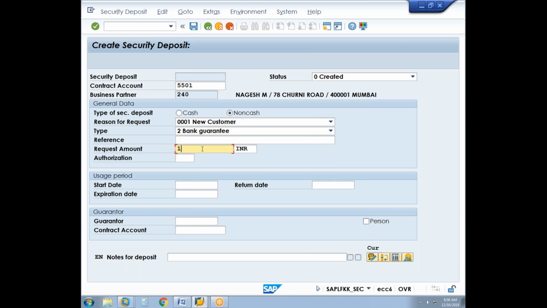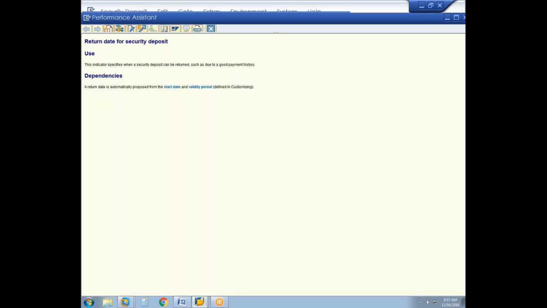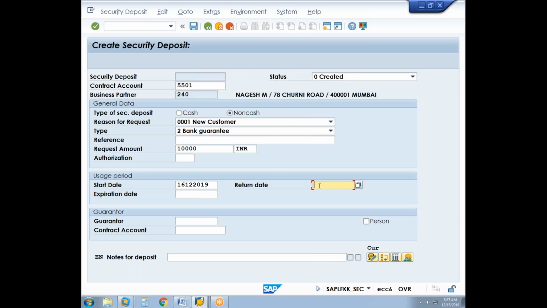Request amount is 10,000 rupees, and then starting date is going to be from the 01/12, or we can say from today, that is basically 16/12/2019. Return date. Okay, what is return date? Return date and expiration date, there are two dates. This indicator specifies when a security deposit can be returned, such as due to good payment history. Return date is automatically proposed from the start date and validity period. But here we are giving it as basically